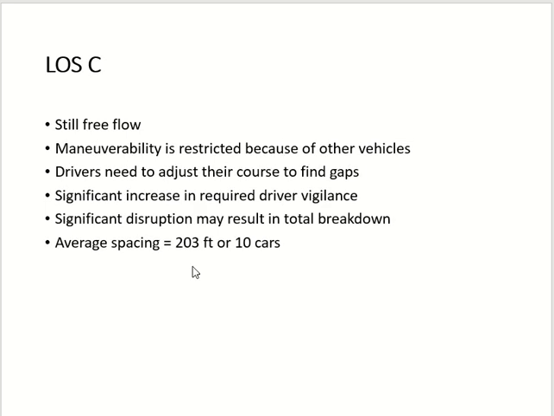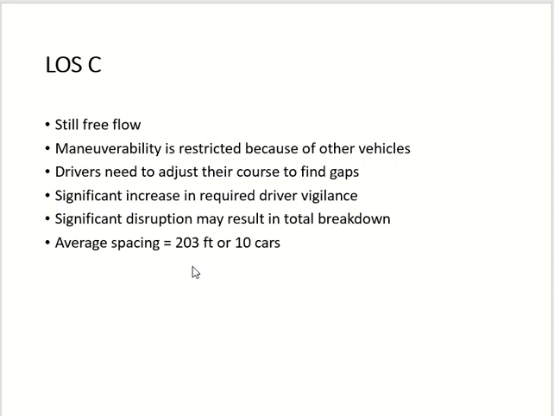Level of service C is still considered free flow, especially for urban highways. This is called the practical capacity for urban highways. Especially in urban highways, you will see that up to level of service C, the speed doesn't drop. Now your maneuverability is restricted. Maneuverability meaning, if you want to change your lane or change your direction, then you are restricted now. You may need to look for a gap. Obviously now you have fewer gaps,